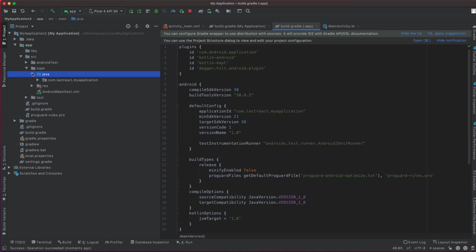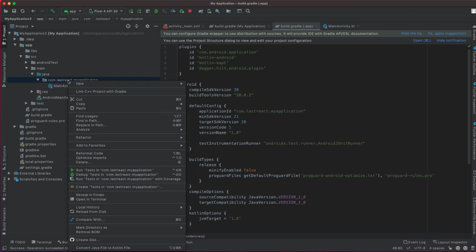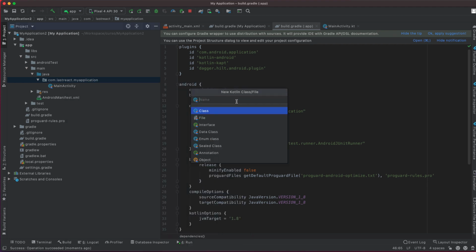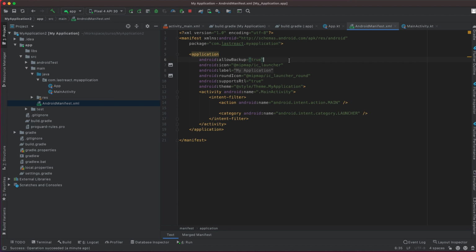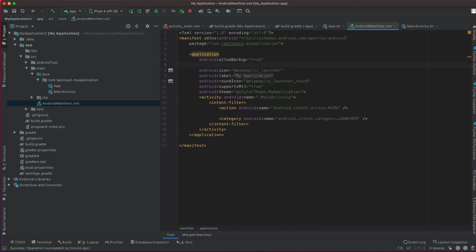So here on the application itself, let's create one new class, call it App. This class will extend from Application. And now what we need to do is in the Android manifest, in the application, we need to add one, it's called android:name, and then we add this class. Okay, so now we have a custom